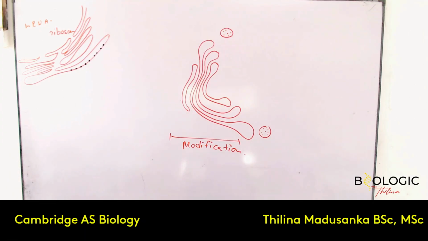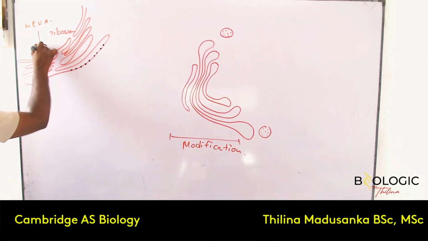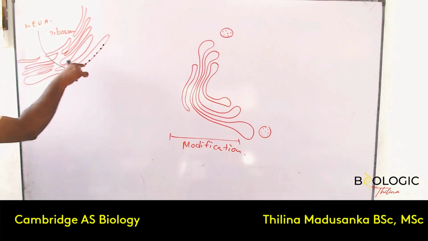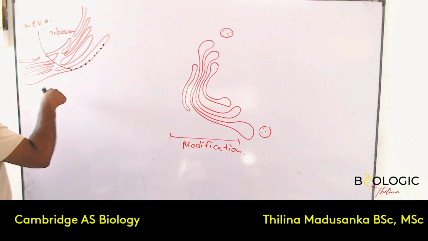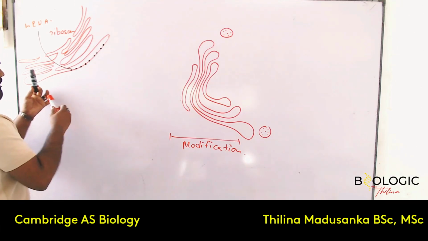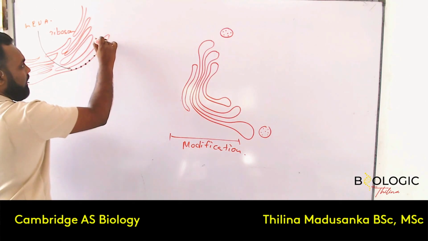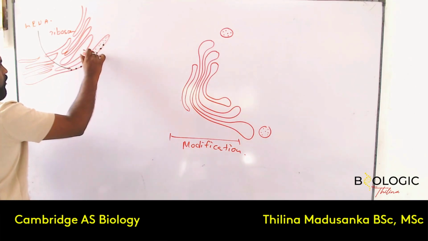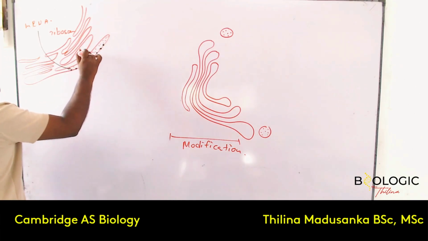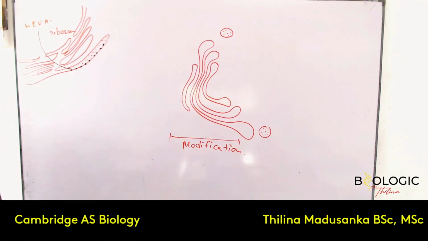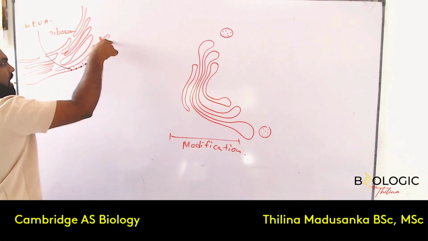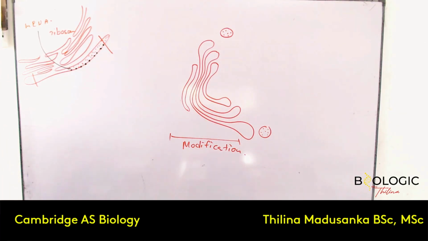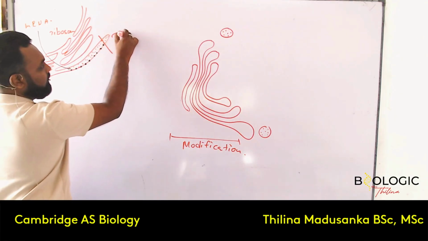Now what happens? The mRNA comes to these ribosomes and protein translation occurs. After the translation occurs, the proteins will be processed inside this RER. Now they are processing. Primary folding, that means the first ever foldings. Primary processing starts to happen. After the primary processing is done, what happens? Parts or ends of this RER will be broken off with the processed proteins and they move towards